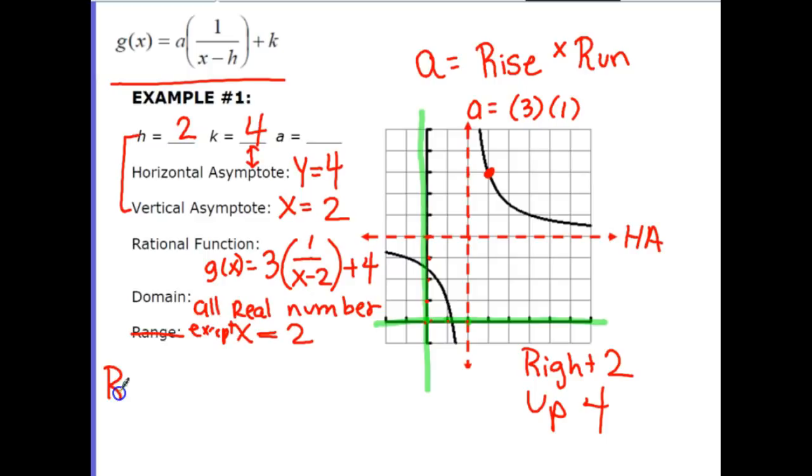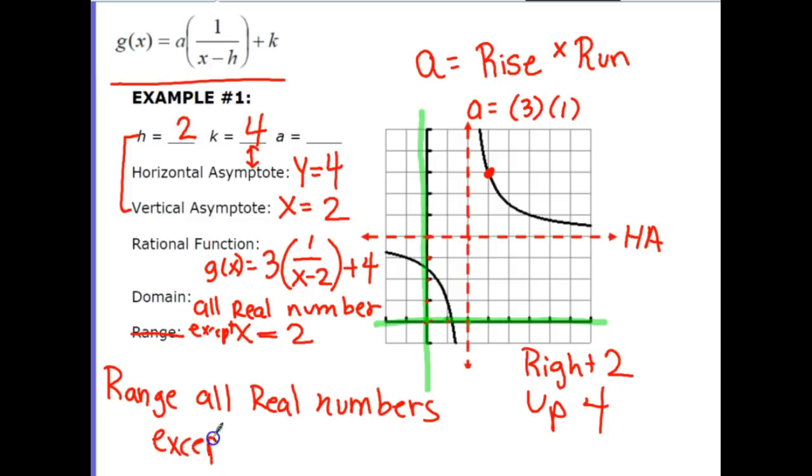The range is all real numbers except the asymptote y equals 4. So it's all the real numbers except the asymptote. The asymptote is